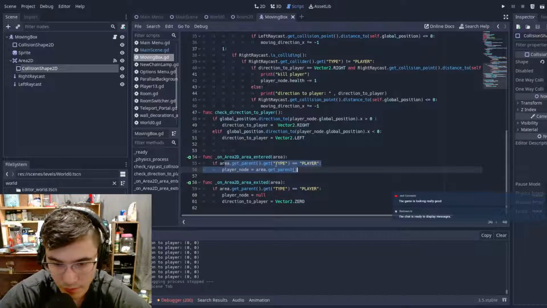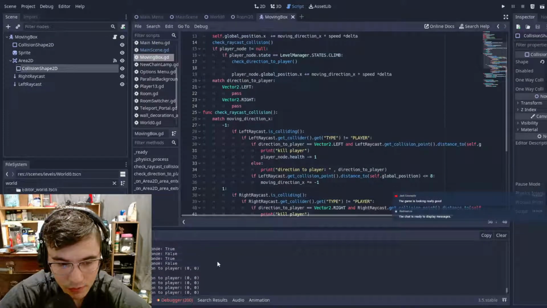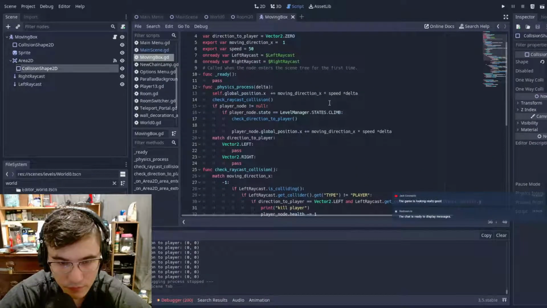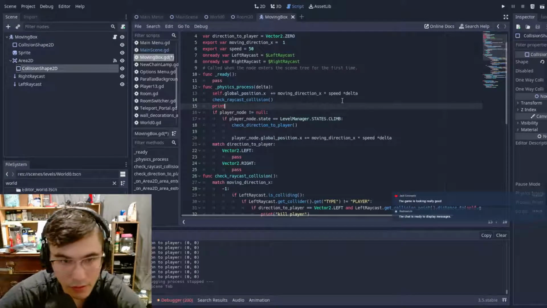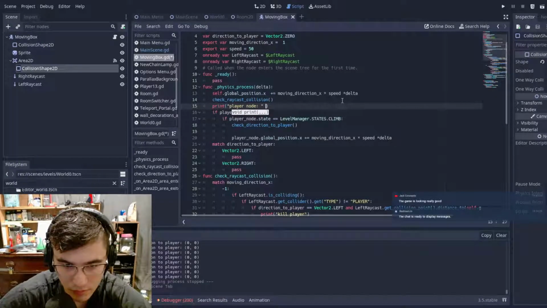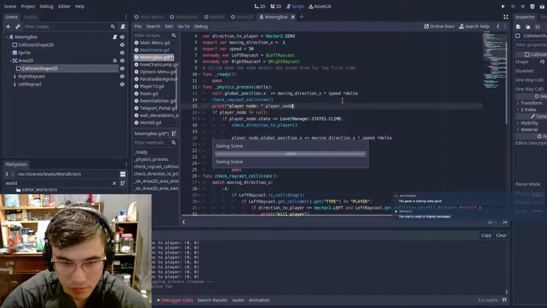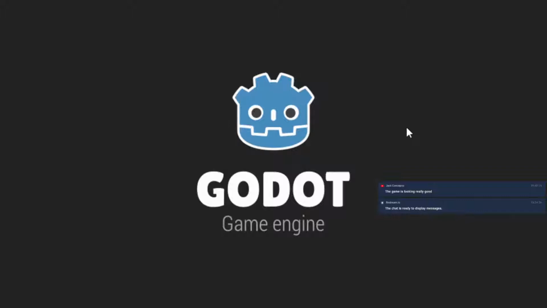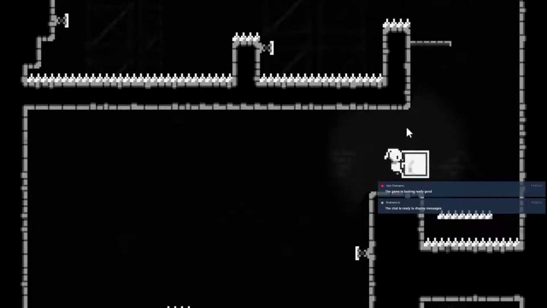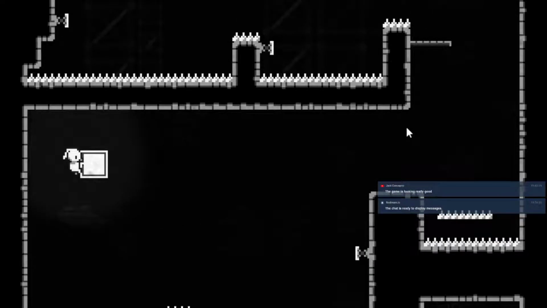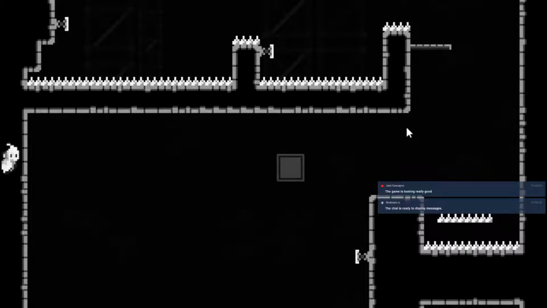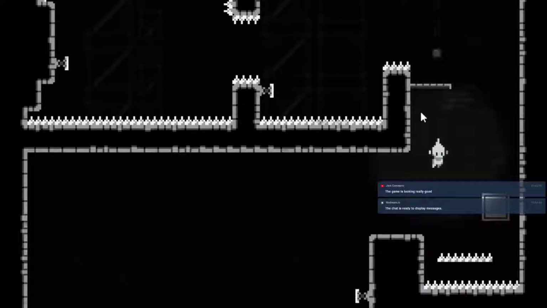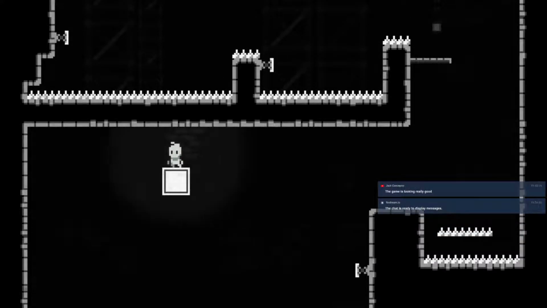This should still update every time we collide, but let's just try spamming this right now. So it is grabbing the correct player node, but